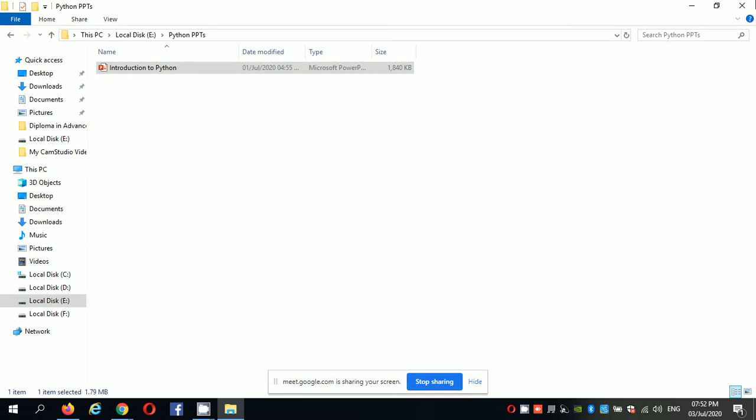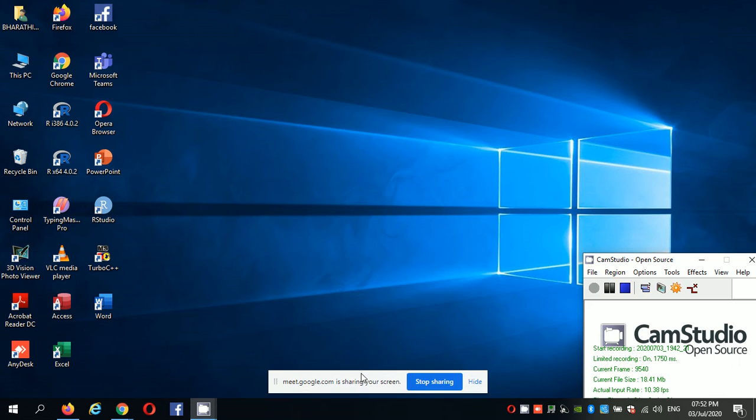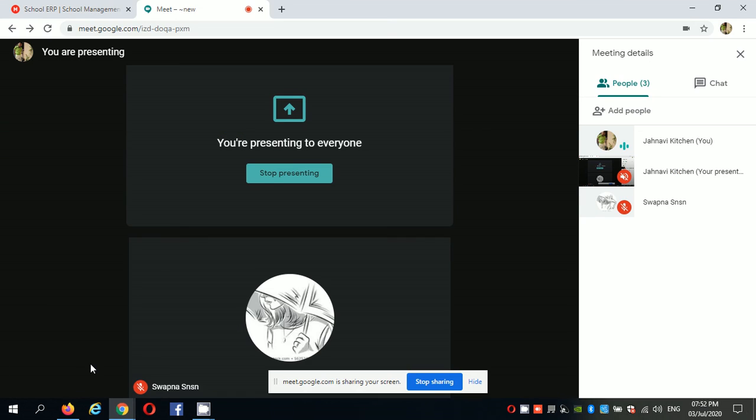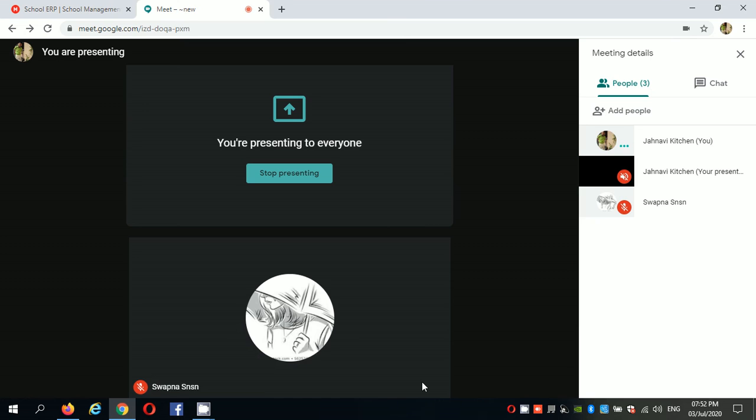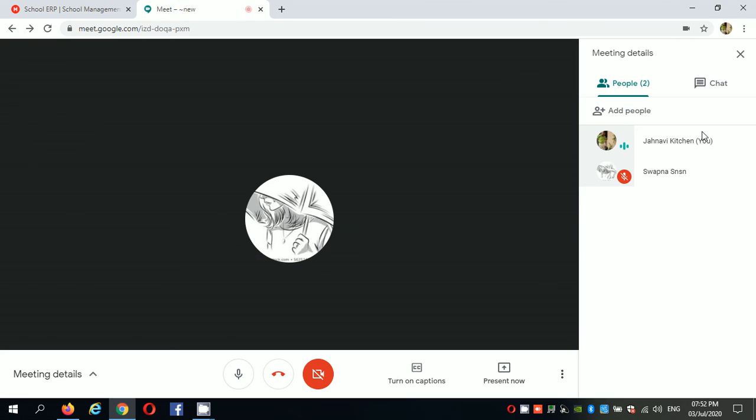So this is one way of creating a Google Meet. It's an immediate creation. Whenever you want to create one immediately, simply you can send the code. Now you want to stop sharing your screen. Simply click on stop sharing. Automatically you can see only the presenter and the participant Swapna here.